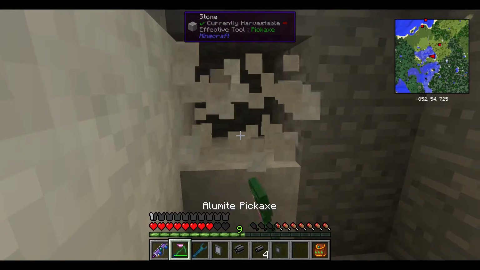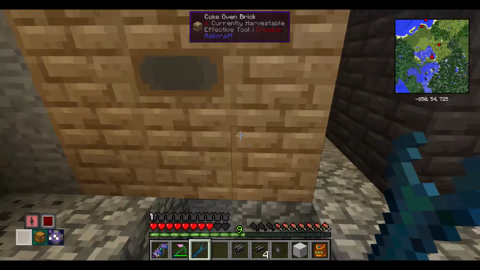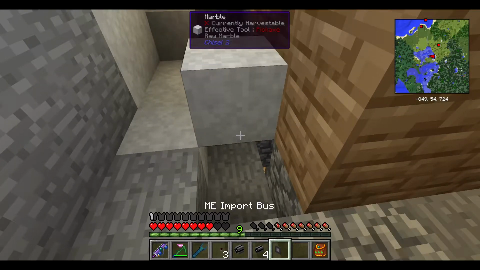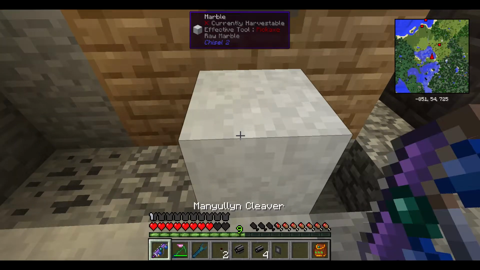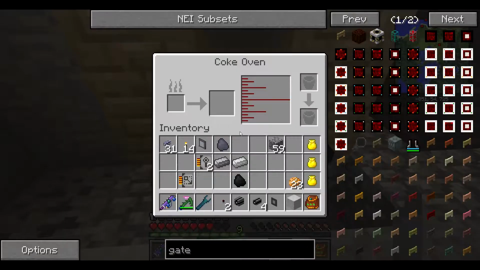I need a block. And I found in my testing that it's better to put a block like so, and then take your level emitters and put them on like so, and then break that. And then we need that back, we can put our import bus back